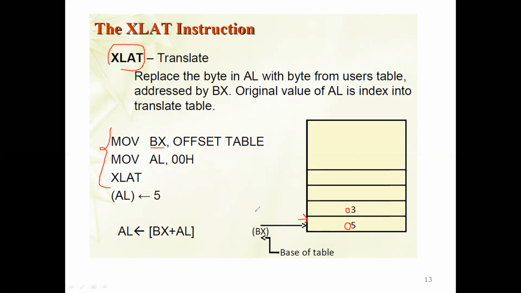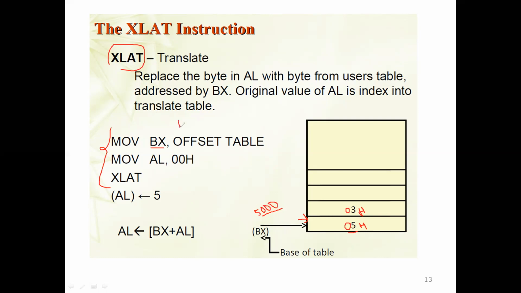Let us say here we have mentioned offset. Offset means effective address. Offset value is 5000, meaning at the effective address 5000, which number is stored? Number 05 is stored. Byte 05 is stored, if we are talking in hexadecimal. Now this 5000, by using the MOV instruction, will be transferred to BX.